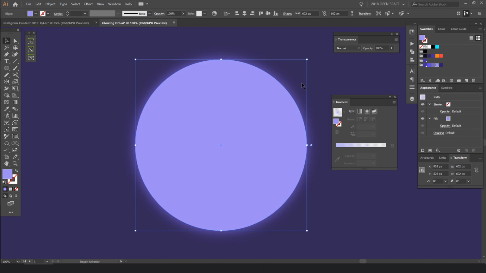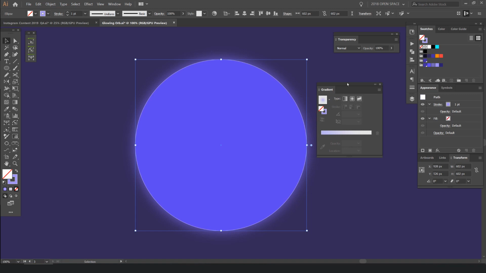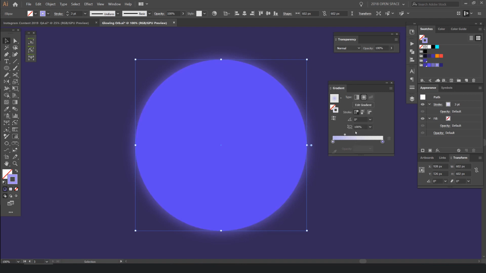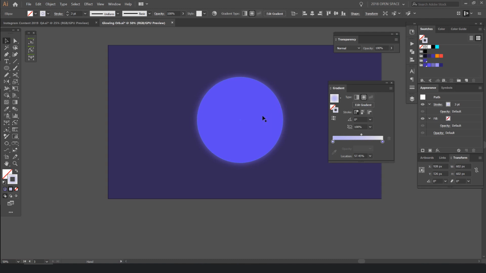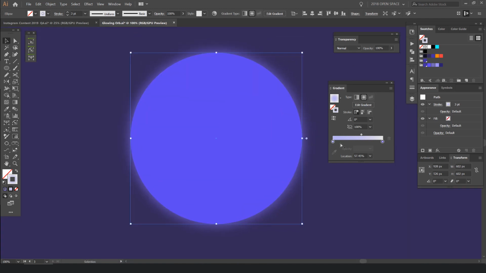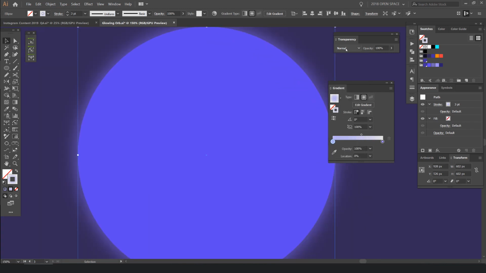I'm going to press Shift X, and you can see in my gradient panel it's shifted the fill to a stroke. I'm going to bump the stroke up to about 2 points, maybe 3 points. And what I can actually do here is put on a gradient. So I'm going to click the gradient slider, and now we have a gradient added to the actual stroke. And now, because the color is not the right color we need, and the transparency is not the right transparency, we're going to change the transparency to color dodge,